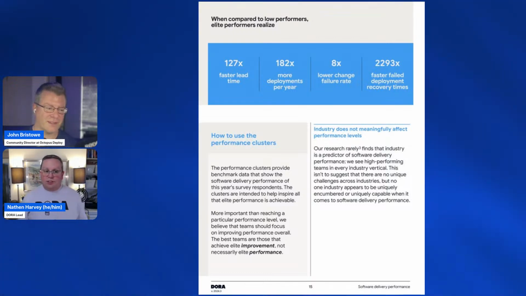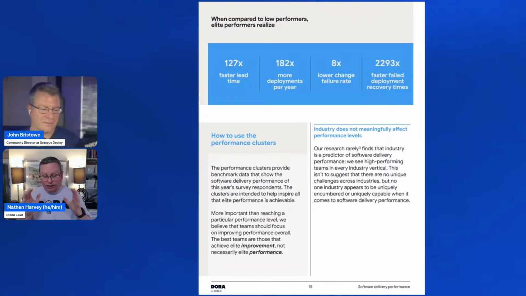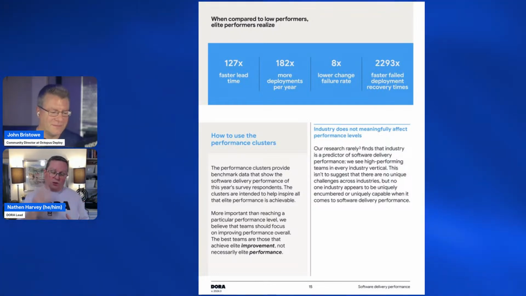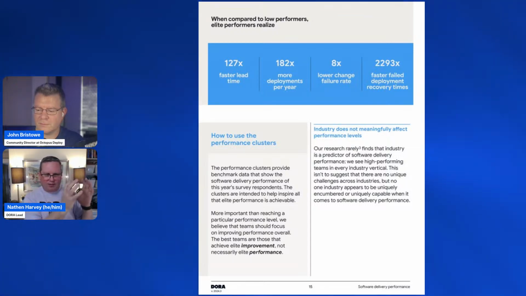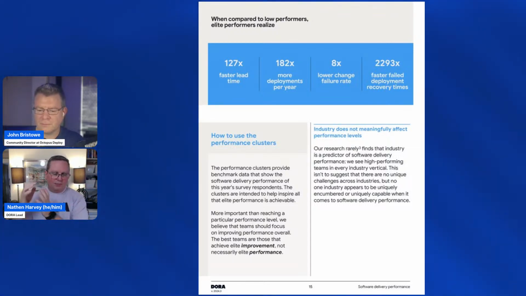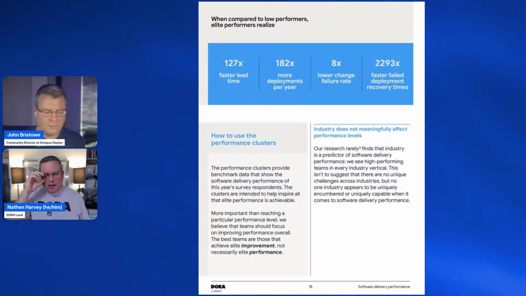Yeah, this is really interesting. And just to talk about how we figure out what elite looks like. Each year in our survey, we ask those 4 software delivery questions, and then we plot them out on a chart so that we can understand how people are doing around the world in organizations of every shape and size. As we put all those data points down onto a plot, we essentially see some clusters start to emerge. Clusters where teams have very similar answers, but are distinct from teams that have other very similar answers. Each year we let the data drive how many clusters there will be, how many performance levels there will be, and how those will be described. So the clusters emerge from the data.